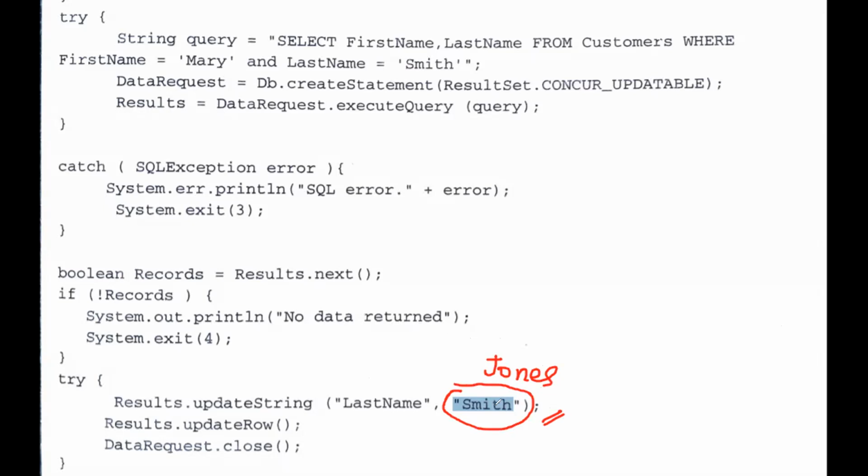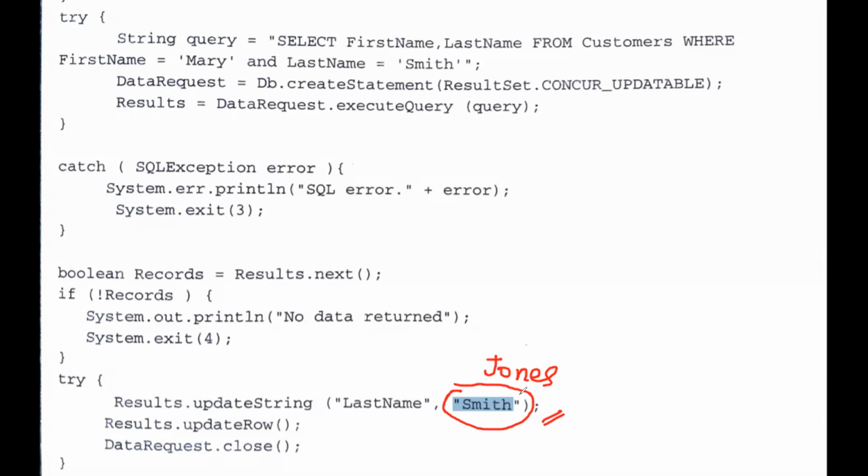In this process, the updateString method takes two parameters. The first one is the name of the column, and the second parameter is the value that has to be replaced. The value in the column of the result set can be replaced with the null value also. If we want to replace any value with null, then we can use the updateNull method.